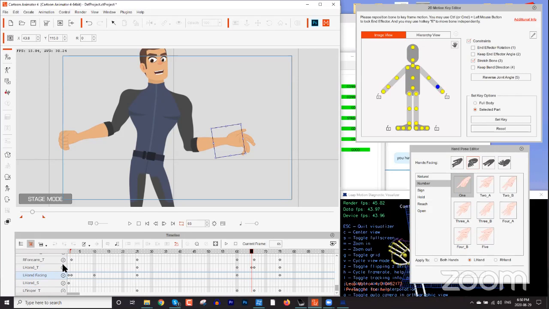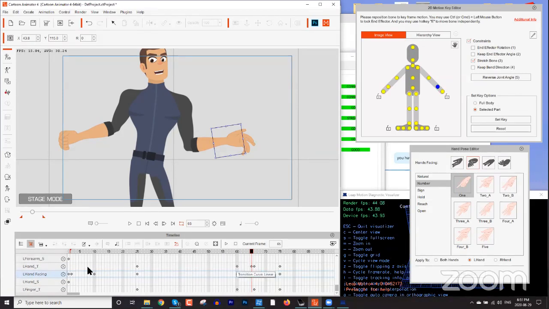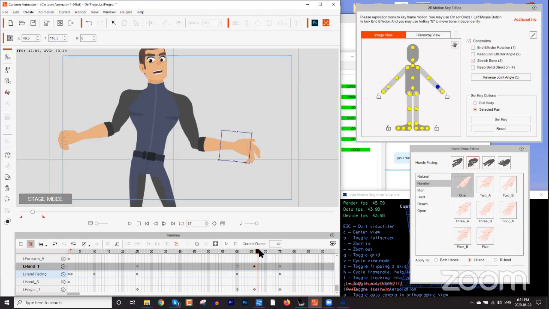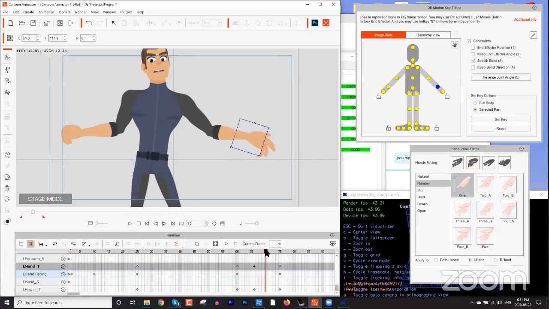Okay, let's focus on the character's left hand here. So we had that keyframe. You can see it added to our left hand right here. Let's just move that over here, just for simplicity's sake. And then here, if we wanted to make it more of a peace symbol, then what we would do is go into our hand pose editor here, and we choose